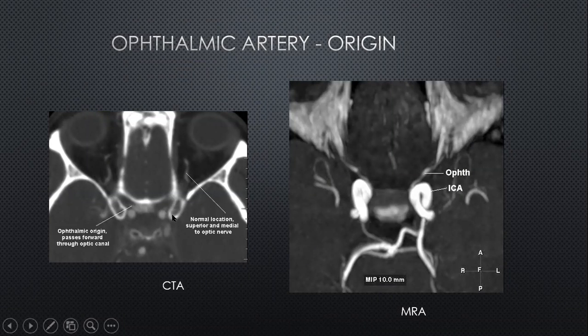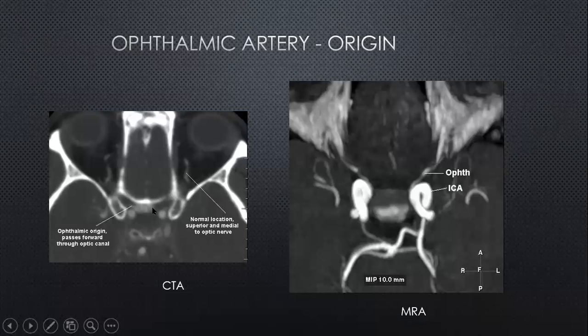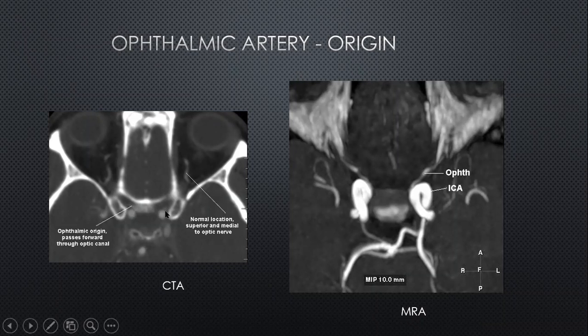Very important to identify the clinoid process, because this is the part of the artery which is just next to the clinoid, and here you can see the ophthalmic artery arising from that portion, and that can be variable as to where it arises. It can arise in the supraclinoid or the paraclinoid portion, but wherever the ophthalmic artery is seen, just beyond that you will have the carotid artery piercing through the dural ring, and hence any aneurysm at or beyond this level has the possibility of causing subarachnoid hemorrhage.